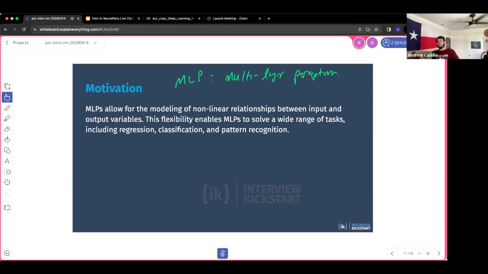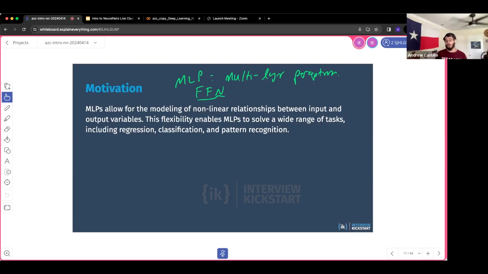MLPs essentially allow for nonlinear relationships between input and output variables. The flexibility of these models enables you to do a variety of different tasks. When you think about MLPs, these are essentially the feed-forward architecture. Multi-layer perceptrons are the simplest kind of feed-forward neural network. With these MLPs, you can do things like classification, regression, image classification,